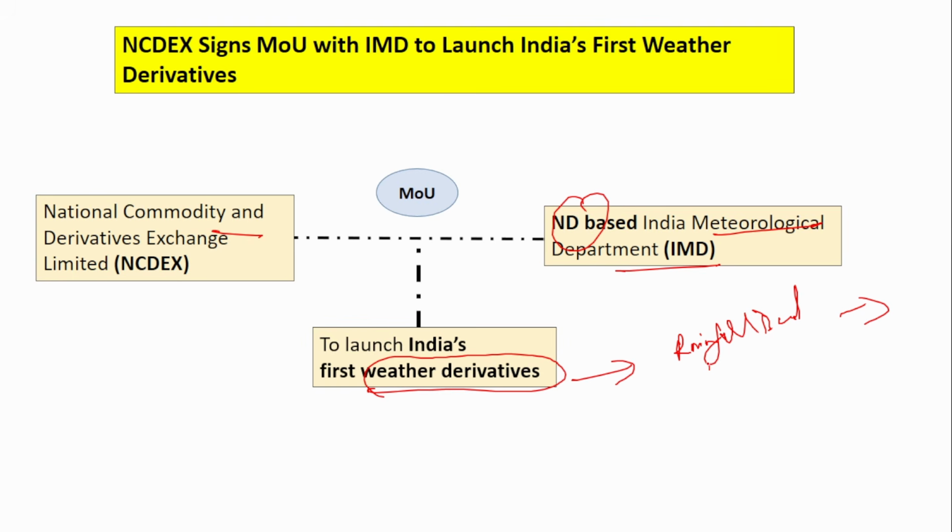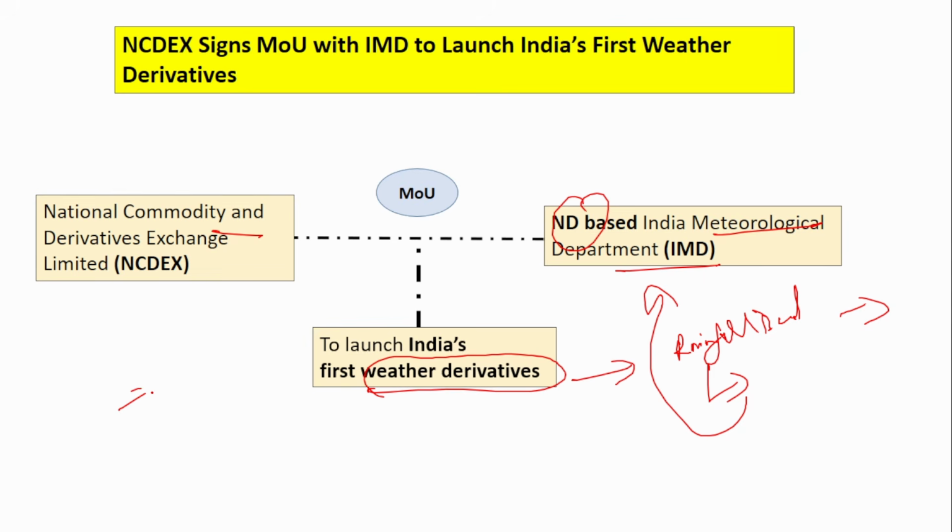This rainfall based derivative would be constructed so that it derives its values from the historical data that is provided by the IMD. The IMD is the one who generally provides the data, right? Here it is going to rain, this many millimeters of rainfall is expected. All this data IMD has given for so many years. So it will collect all those data, and then depending upon that data, this derivative will be constructed.